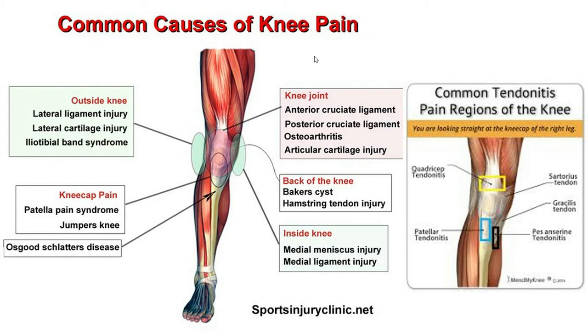The most common joint pain is knee pain. If we see pain over the lateral aspect, most commonly in a young patient, that is due to lateral collateral ligament injury or lateral cartilaginous injury. Or if there is pain along the iliotibial tract, with more tenderness over the Gerdy's tubercle, then it is called iliotibial band syndrome. Then if the pain is over the anterior aspect, it seems to be anterior cruciate ligament injury or posterior cruciate ligament injury, which may be associated with posterior pain.